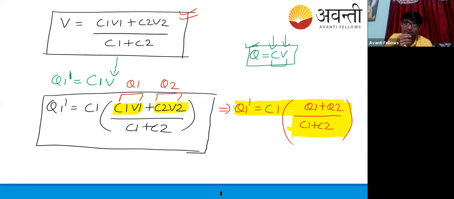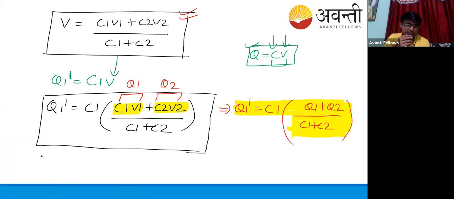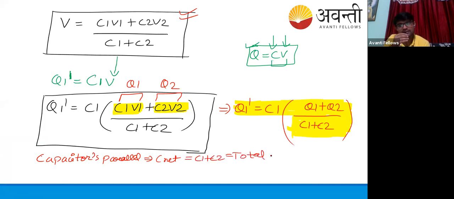If you're so eager for this, just remember one thing. Satyam has raised a hand, maybe. Okay, Yuvesh is clear. See, if you are so serious, you can write it like this. I don't want to tell, but some students are asking. If the capacitors are parallel, then you can write C net equals C1 plus C2, and it behaves like a total capacitance. Then you can write this, okay?